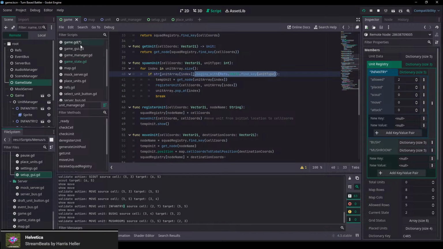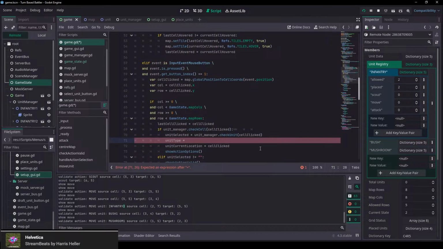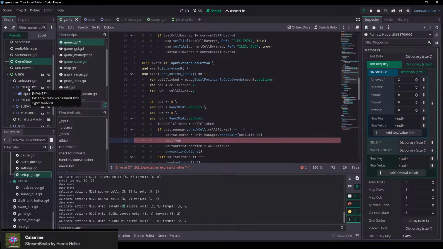Like the easiest thing would be just to cut off the last letter of the name, because the units are called their unit type with an ID after it. But I'm just thinking, if I want to future-proof this, I could do something like this, where we take like unit selected that begins with